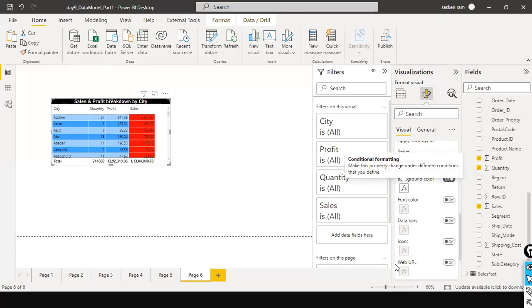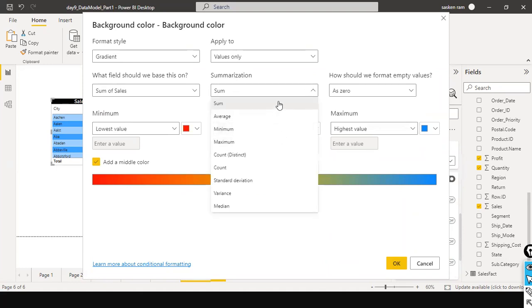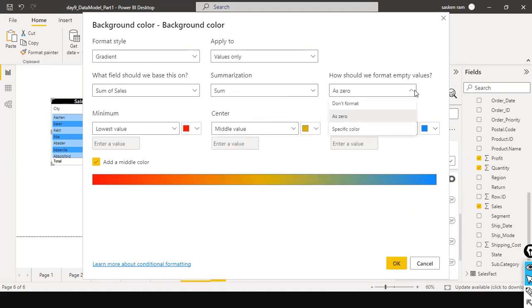Lowest value: if any sales value is low, then you put that in. The background color should be red here, but it shows everything is low, right? So what we do is, under background color, add a middle color. I just go and create a middle color here. And here, sum of sales, and how should we format empty cells? Let it be 0. Okay, we have used 3 different colors here, and here you can enter the value. And you can change the custom